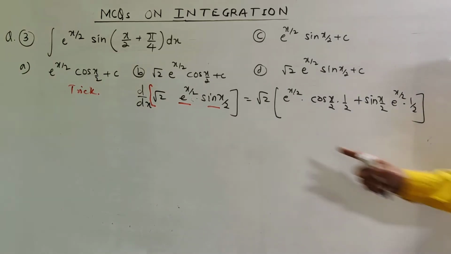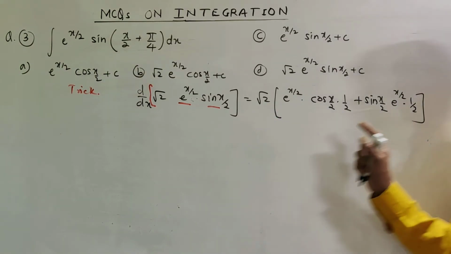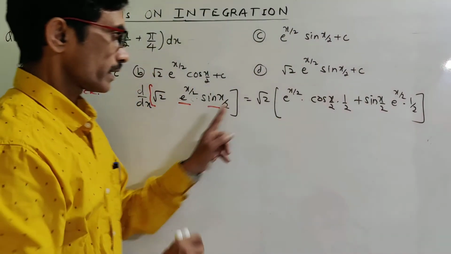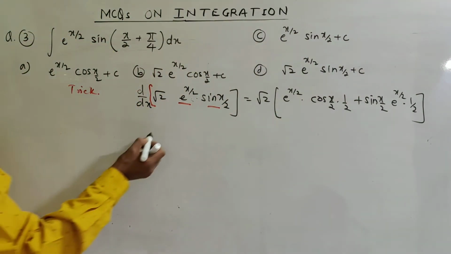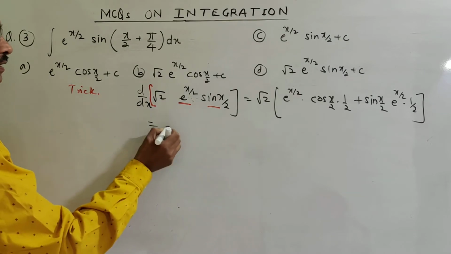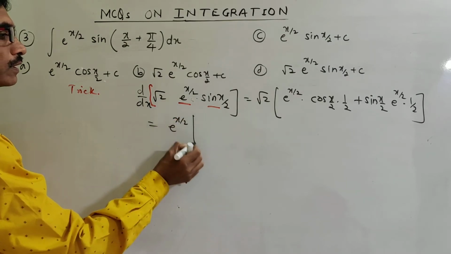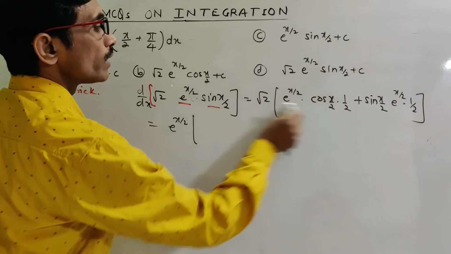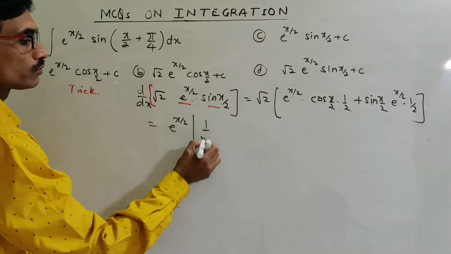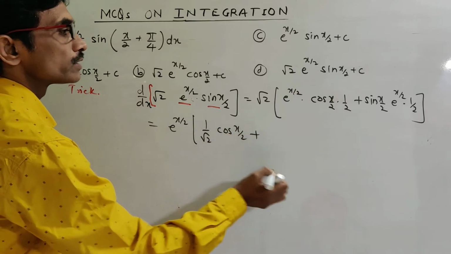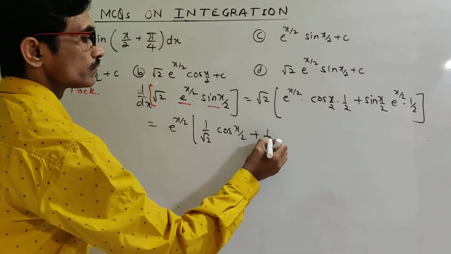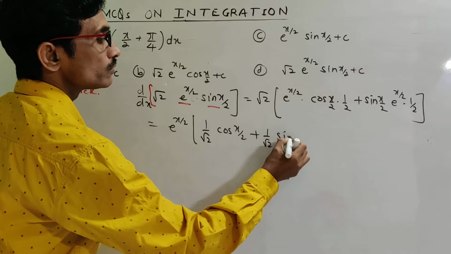Then this root 2 and this 1 by 2: this root 2 we will take inside, and e raised to power x by 2 we will take outside the bracket. So that will be e raised to power x by 2 into 1 by 2 and this root 2, that is 1 upon root 2 cos x by 2 plus 1 upon root 2 sin x by 2,